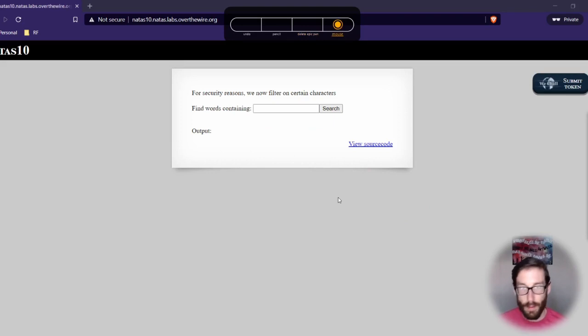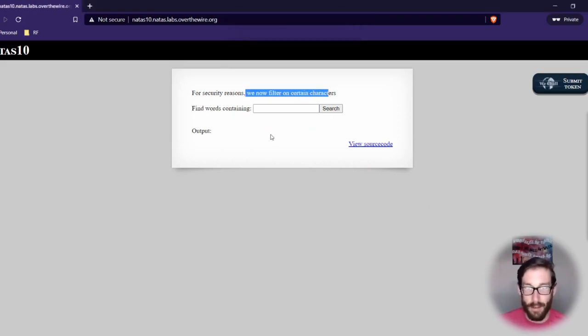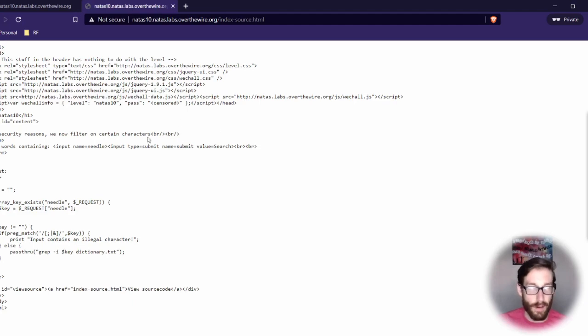So what we're going to do here is you can see that they're trying to sanitize some stuff. We want to see what they're sanitizing, so we're going to go to the source code and see what specifically they're talking about. If you look through here, there's a few things that really jumped out to me at first. I actually jumped right down to the bottom, and I wanted to see what sanitization